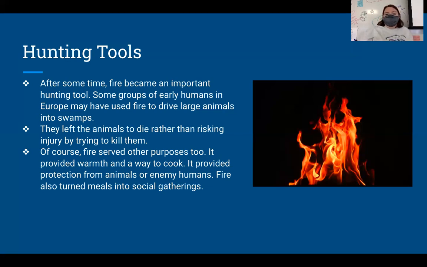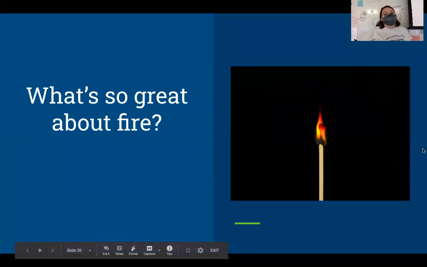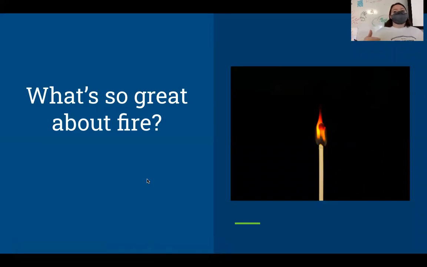All right, so we have kind of answered this question already as we are going through it, but our last big question that we need to answer today is what's so great about fire? We have continually talked about it. We talked about the fact that fire is used in hearths to do all of these different things. Fire just keeps coming up, and it seems to be such an integral part of this human experience. But what's so great about fire? That's what we have to answer as we are finishing this up, okay?